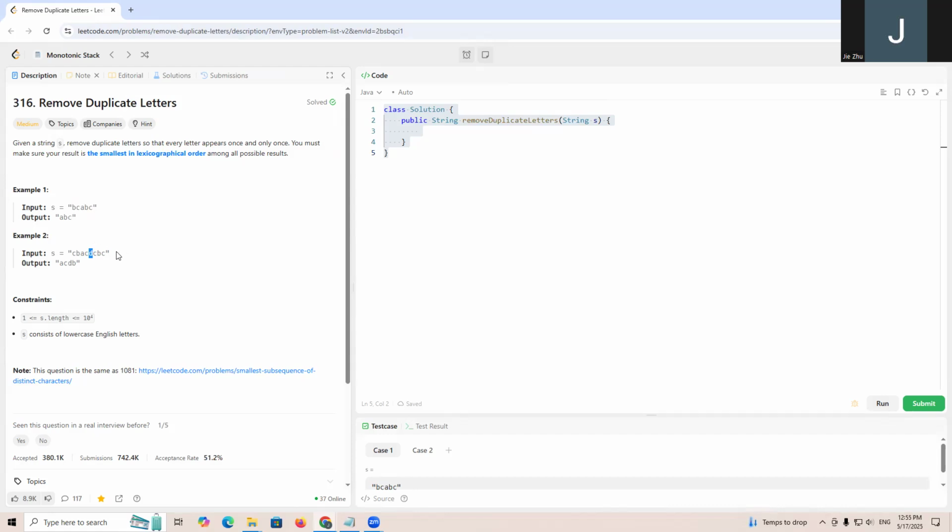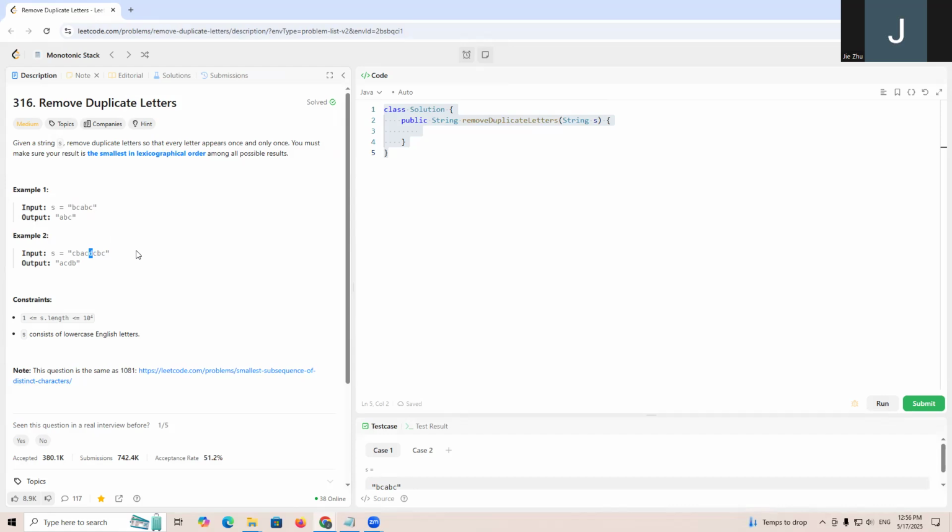So in this case, our stack's pop should have some kind of conditions. And so what we think about is that we use a last index array to store the last